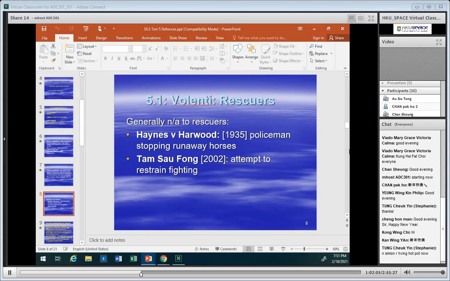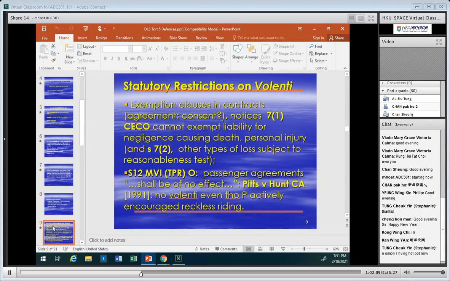So moving on to the legislation we looked at before, statutory restrictions on Valentine. Your course manual does mention Section 1 of the Control of Exemption Clauses Ordinance. But remember, you know from our contract law studies, that under the CECO, what is an exemption clause,